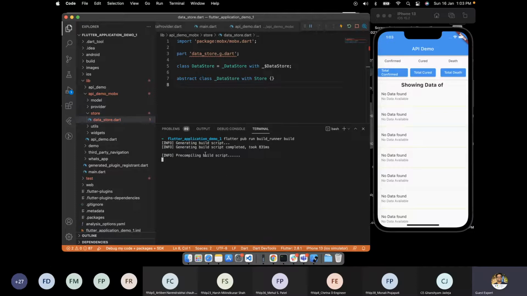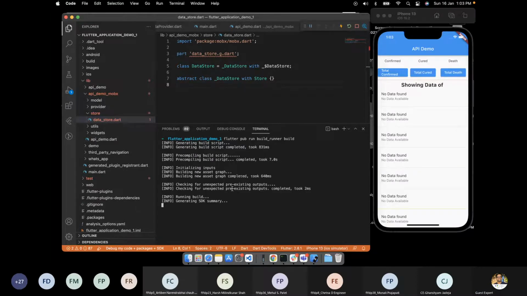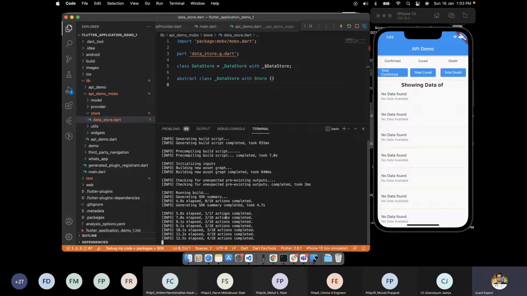So it is doing something here. Something generating SDK summary. Okay. It says some actions have been completed apart from 18. I don't know what that was, but let's see what we have here.